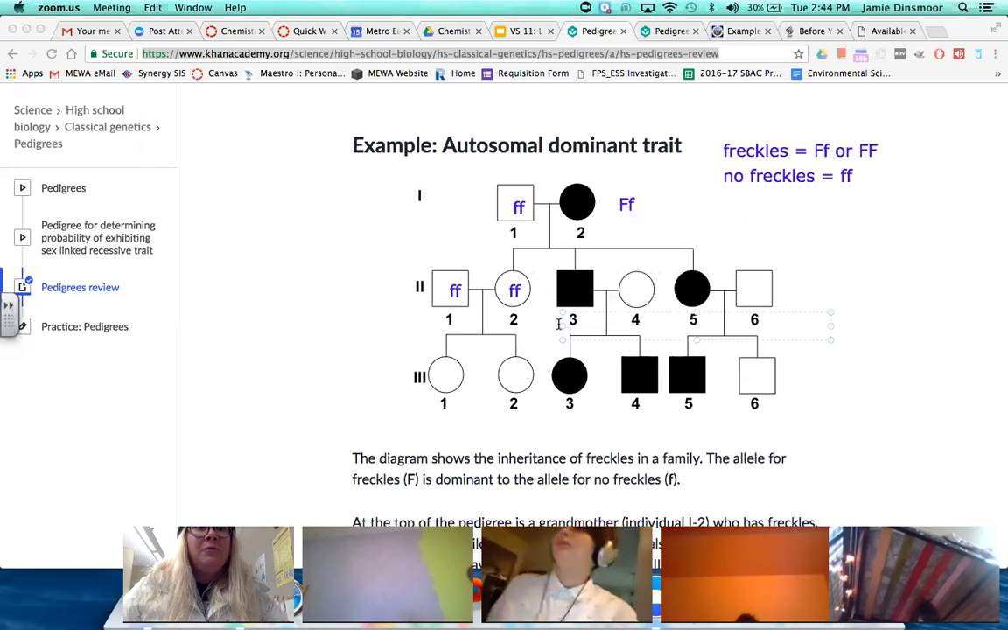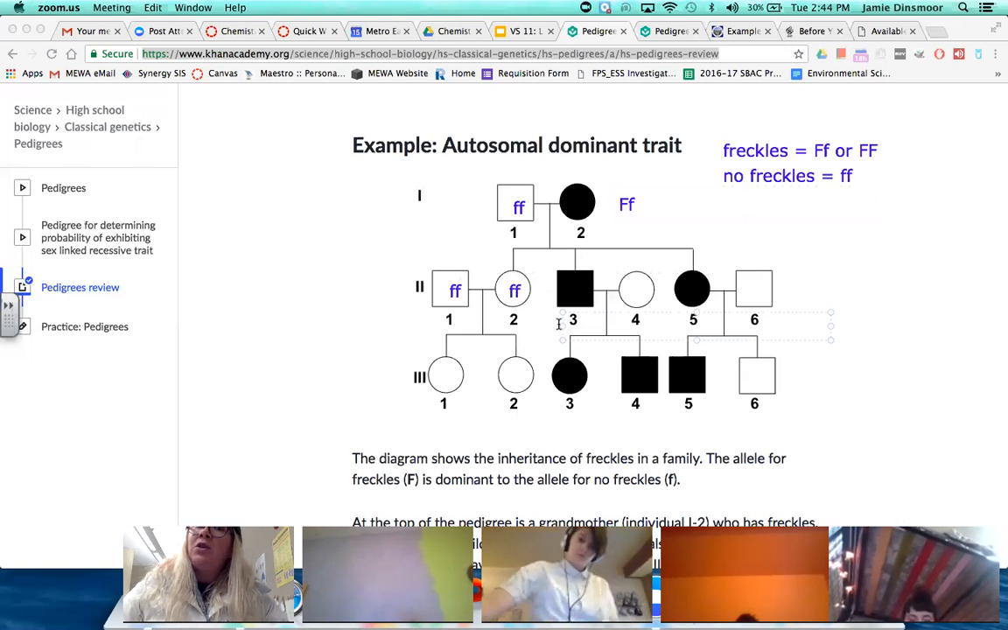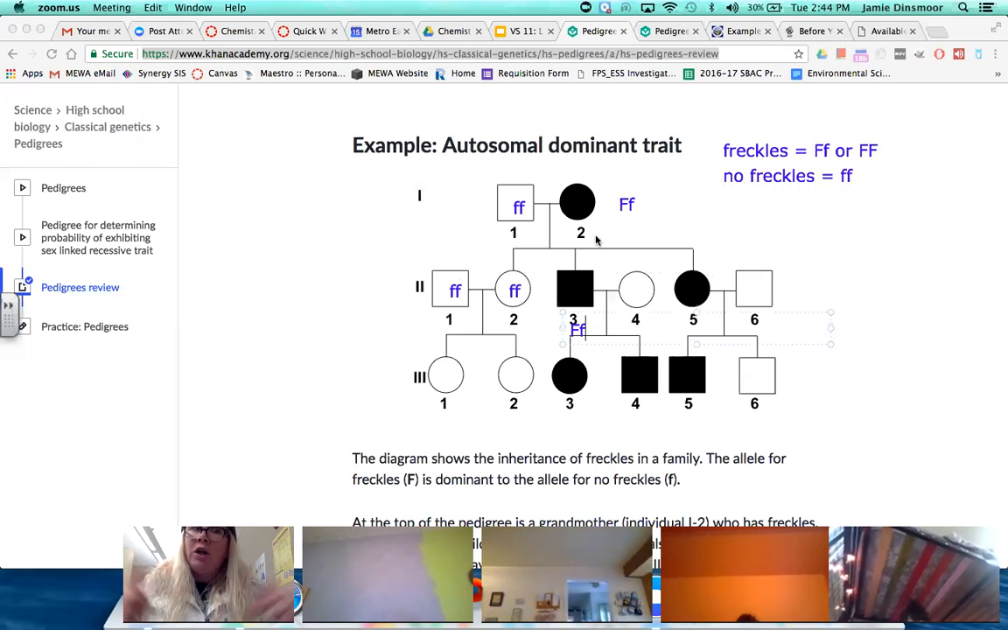Big F, big F? Can it be 2 big Fs? You're telling me that this male child got a big F from his mom and from his dad? Maybe his other dad, but not that dad, right? This male has to be big F, little f, because there's no way that he could have inherited 2 big